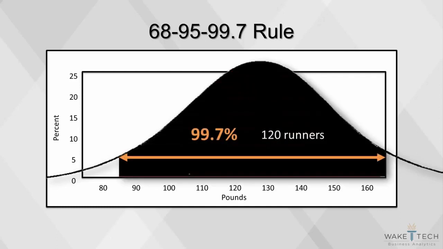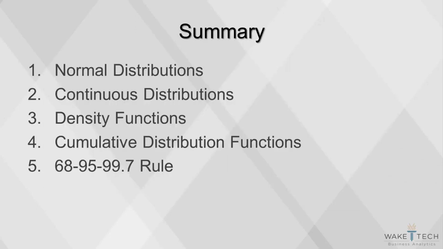Finally, according to the rule, 99.7% of our runners, or 119.6 runners, should fall within 3 standard deviations of the mean, or within a range of 81.3 pounds to 174.3 pounds. According to our data, all 120 runners fall within this range, so it seems as if the rule is pretty accurate in this case. This concludes our video on